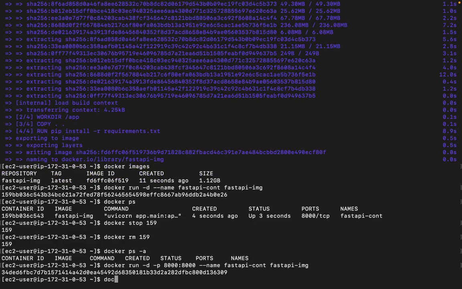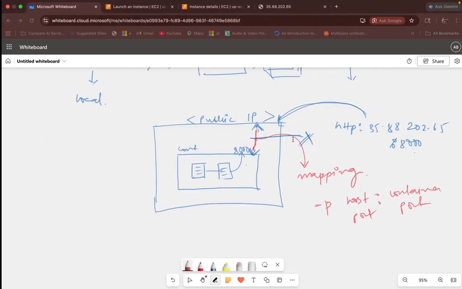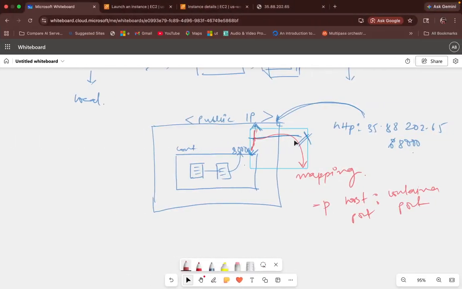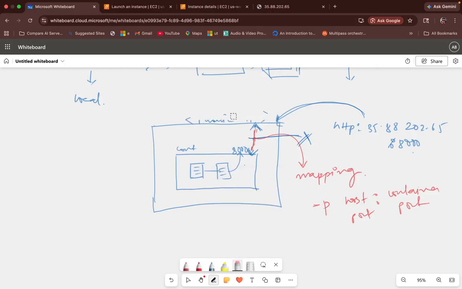Okay, the container got created. Let us see if it is running or exited. Perfect, it is running. Now fingers crossed. Now what we have done is mapped this. So here is our EC2 instance. Let us put the IP. The public IP is not looking good, right? Okay, so what is the IP over here? Now our public IP is